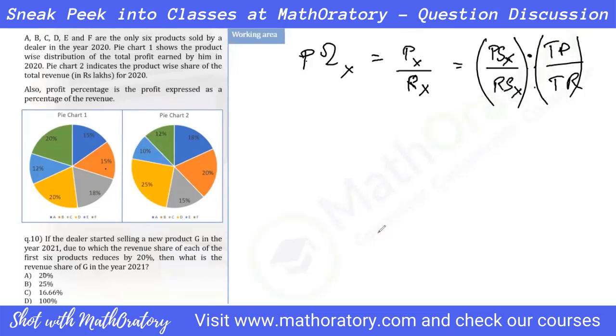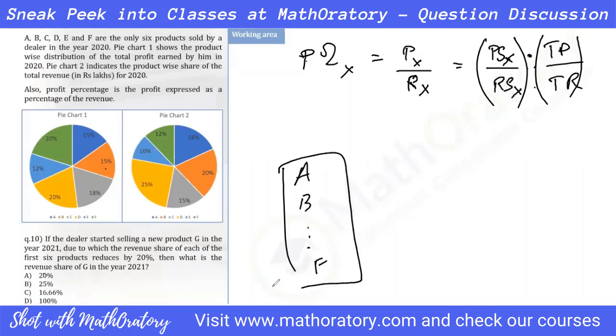So pretty straightforward question again. If the dealer started selling a new product G in the year 2021, due to which the revenue share of each of the first 6 products reduces by 20%, then what is the revenue share of G in 2021, right? So what it says, let me read this again. So selling a new product G due to which the revenue. Oh, okay. So what is happening is, because of this 7th product being introduced, for each of the A, B, C, D, F, all of these, the revenue share, no, not the revenue, the revenue share is reducing by